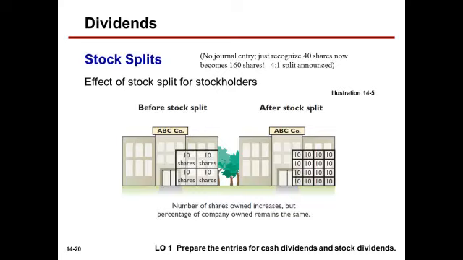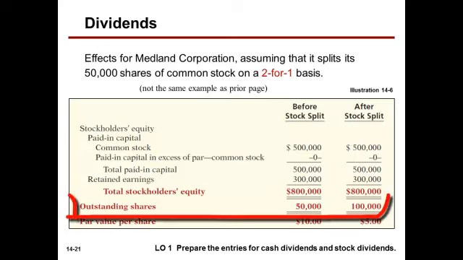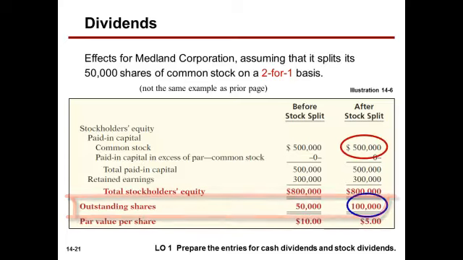Let's look at another example of a stock split. Let's say Midland Corporation did a 2-for-1 stock split when it had 50,000 shares of common stock outstanding. So the corporation is saying, if there are 50,000 shares outstanding, let's make that 100,000 shares. So the shares simply go from 50,000 shares to 100,000 shares. There's no change in the common stock value,